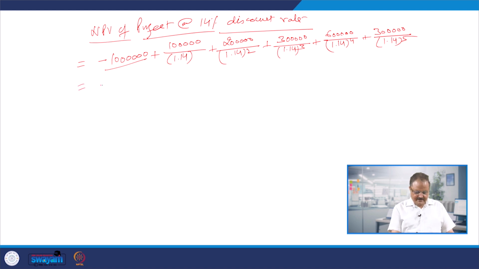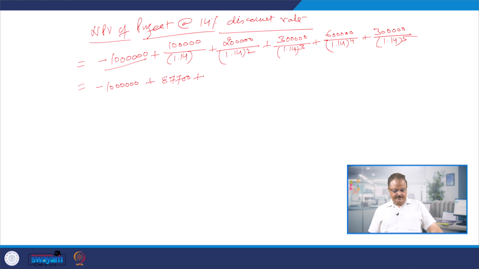So if you solve this problem, how would you be solving it? Because this is 10 lakhs, right? And this we have to discount. If you discount, the factor comes up as 1.14, and you have to find out the cash flow. If you divide this 1 lakh by 1.14, the value will come as 87,700, right? If you go for the second one, discounting 2 lakhs by 1.14 power 2, the value will come as